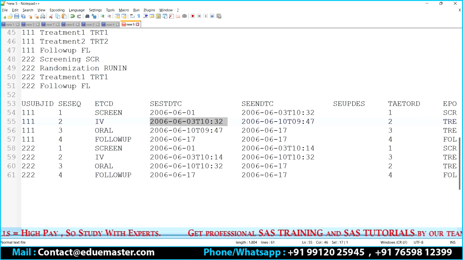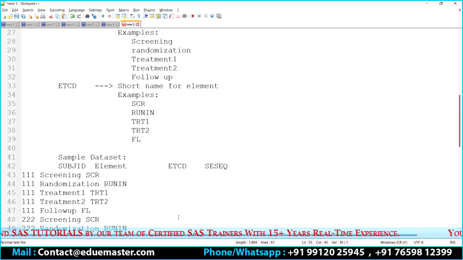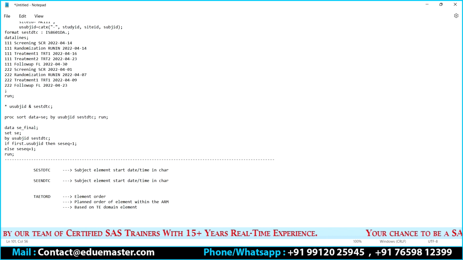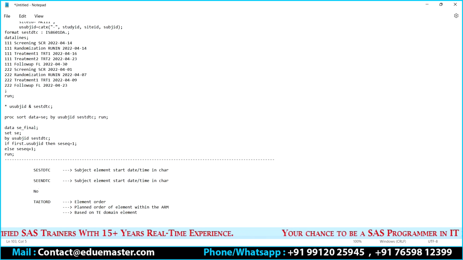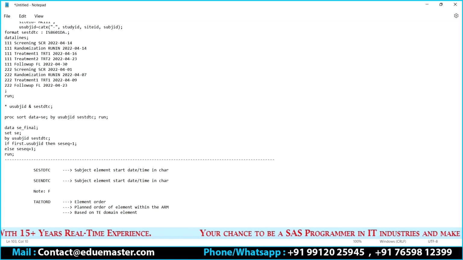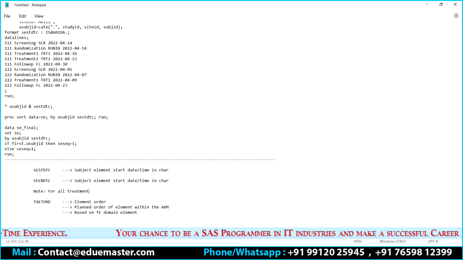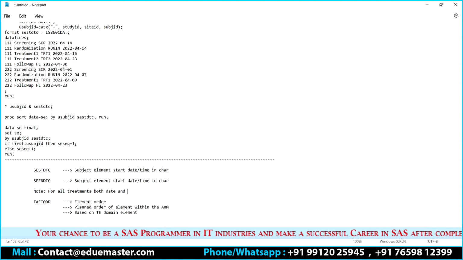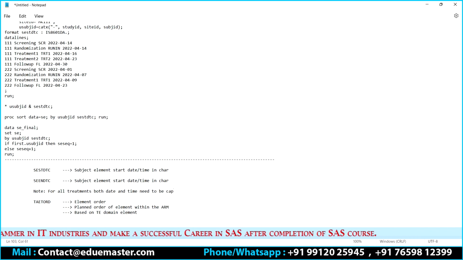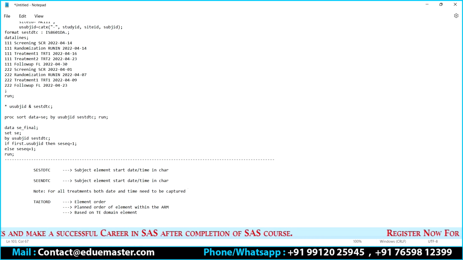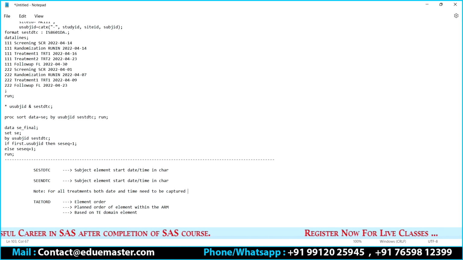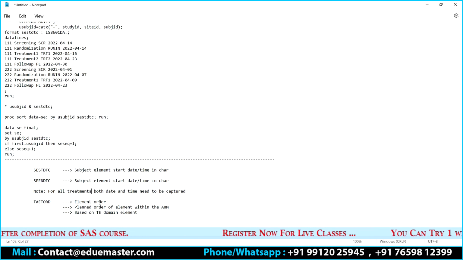Can you see that? For all the treatments, remember, both time and date need to be captured. Note: for all treatments, both date and time need to be captured. If you don't capture your date and time for your treatments, that is treatment phases or treatment elements,